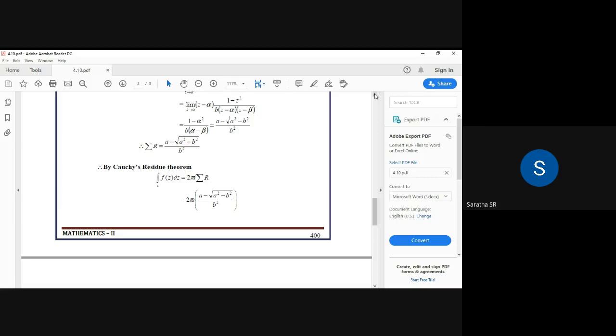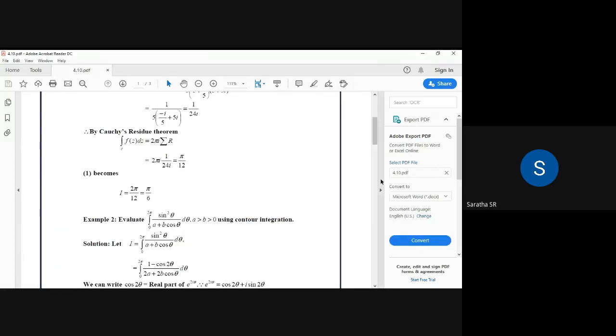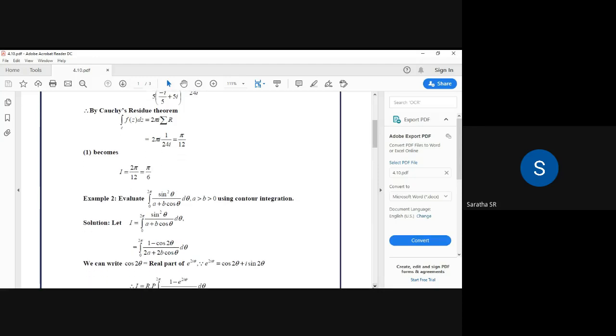I will give like this, because this is a general format. If you know this, you will be able to calculate all the problems. This is a general problem because A and B values are not given. So we have to fix this value based on this hint, because based on that only we can find whether it lies inside or outside the circle.